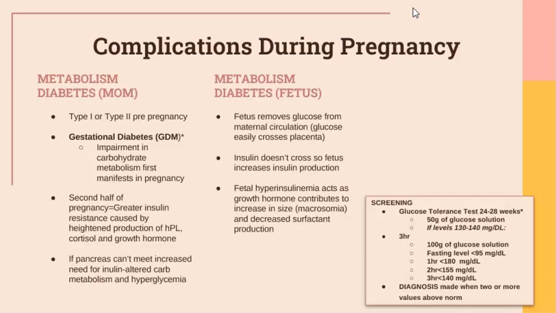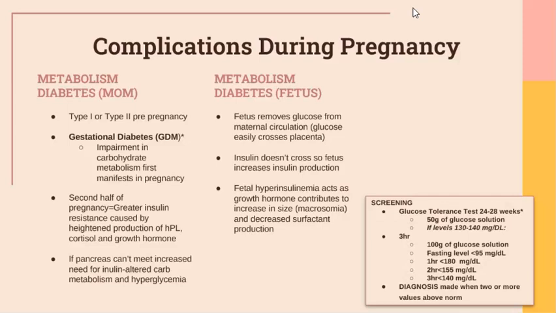So it's important to know the complications for what can happen to mom and what can happen to baby. Most women will get a glucose tolerance test at about 24 to 28 weeks. There's a 50-gram solution of glucose. That test is a 1-hour test. If her levels are 130 to 140, she'll get a 3-hour test. She'll get 100 grams of a glucose solution. They'll take her fasting level, and her level at 1 hour, 2 hours, and 3 hours. If any one or any two of those are above normal, she'll be diagnosed with gestational diabetes